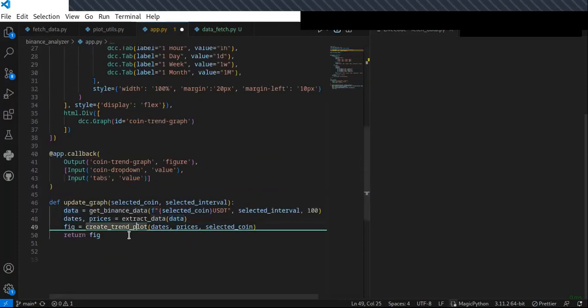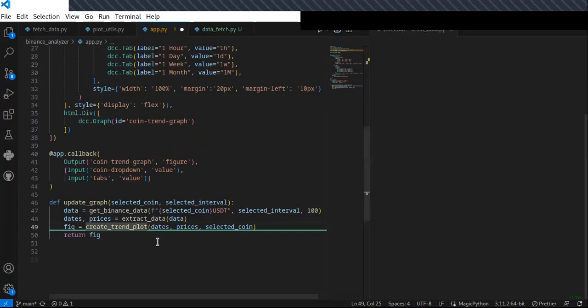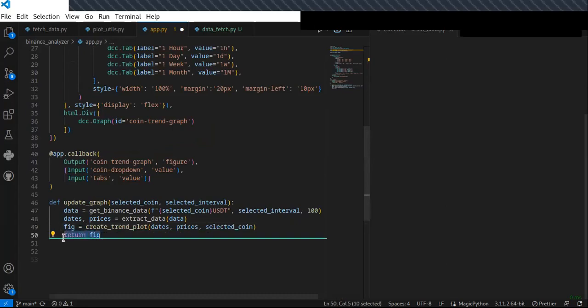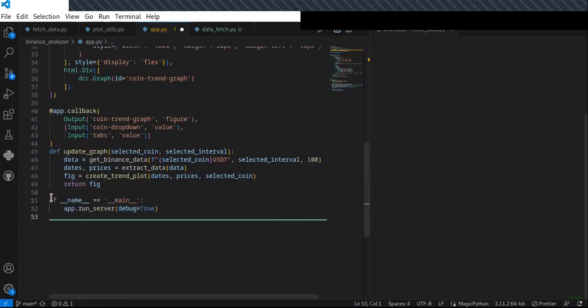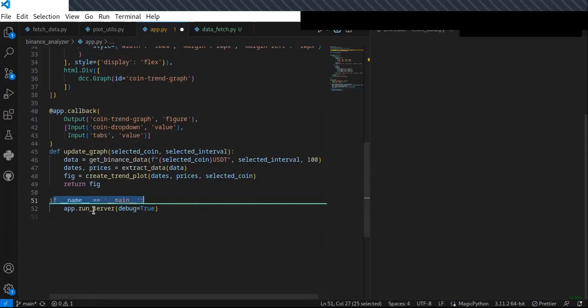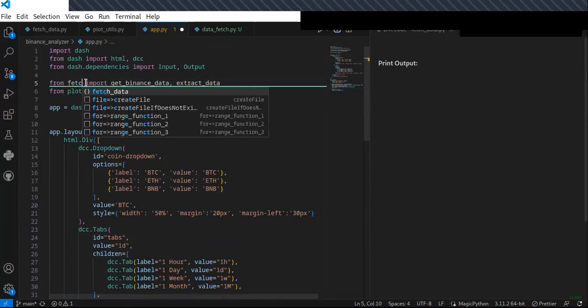Okay. Then finally, let's call create trend plot. Create trend plot is defined here. That's going to create the trends of the selected cryptocurrency in the selected time interval, and return the figures, and the figures automatically assigned to this callback. And now just run the server. We can use this if name equal main app.run server. The debug mode is true, and now we have finished defining our